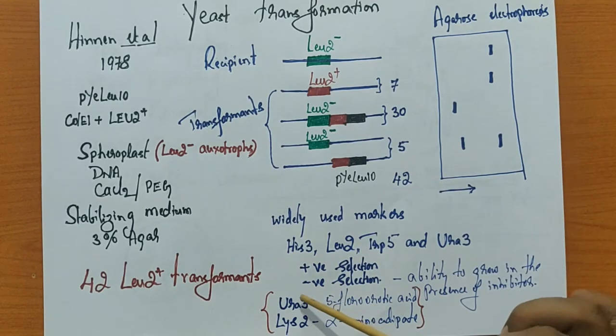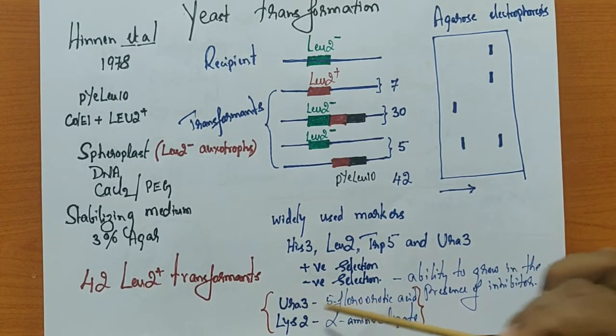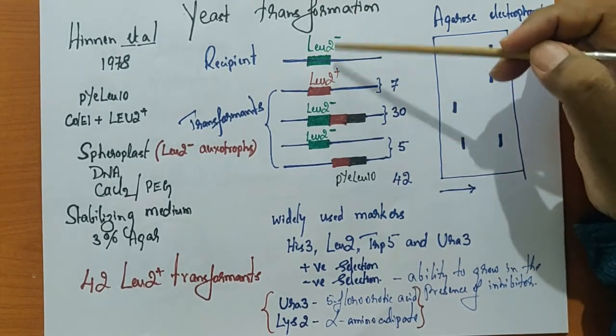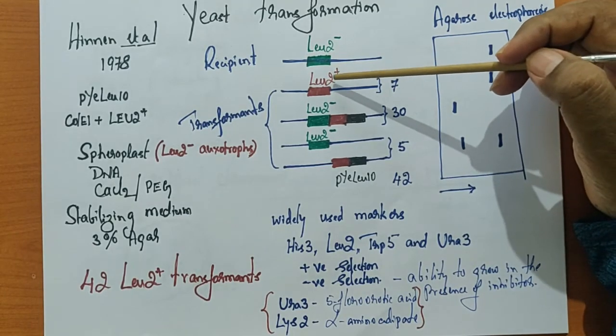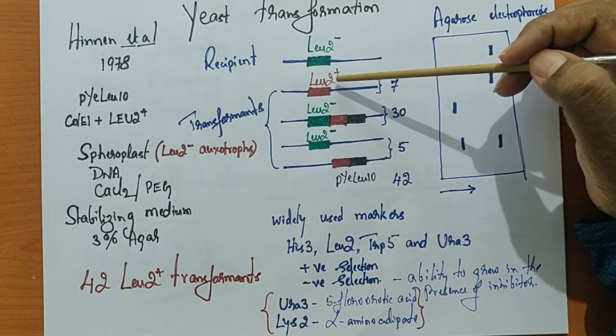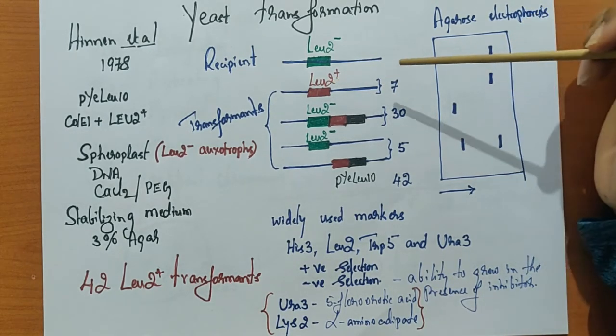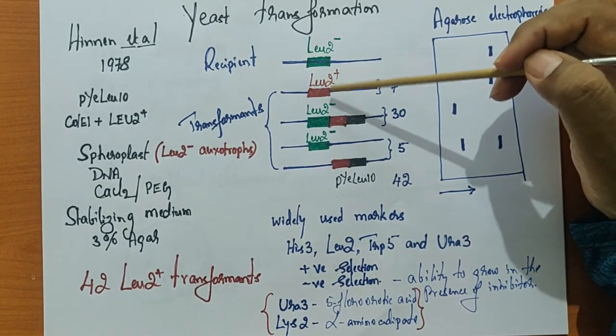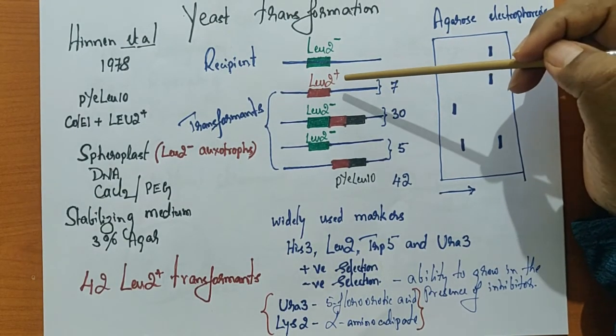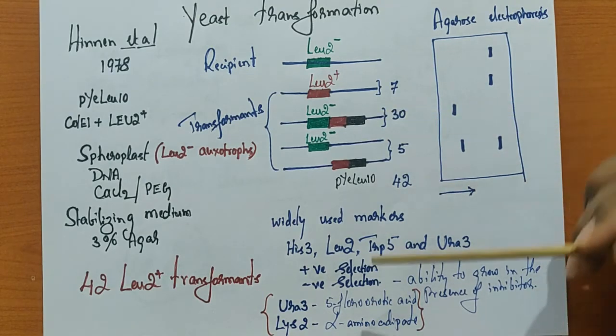Then we also have a negative selection. Negative selection is that we don't mutate the same thing. For example, we have the LEU2 plus gene. Now what happens? We are going to add an inhibitor for this LEU2 plus gene. Because of the inhibitor, this is no more functional. Now in the presence of an inhibitor, if you allow them to grow, this is what is called